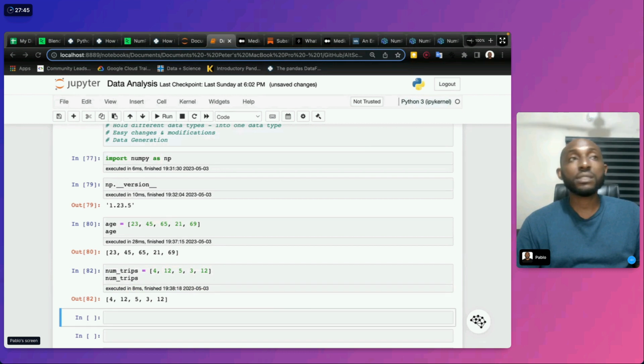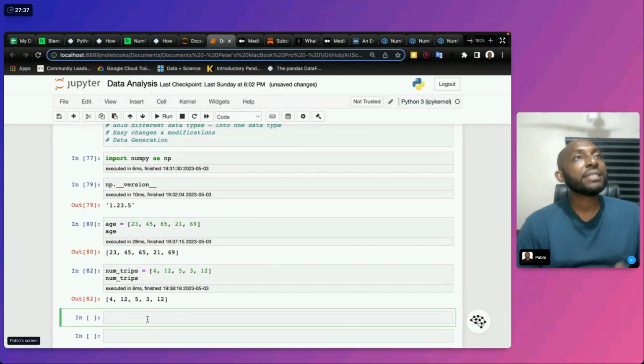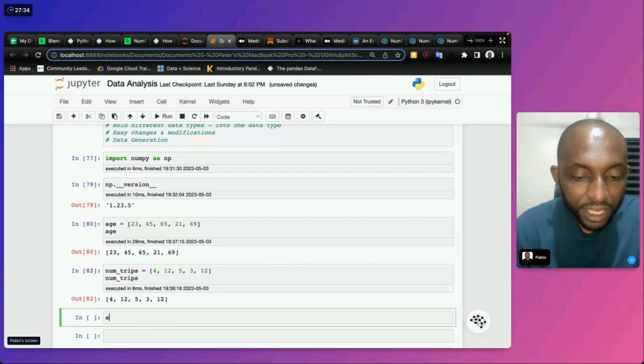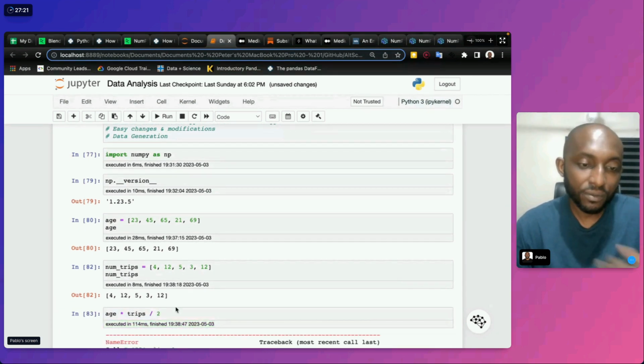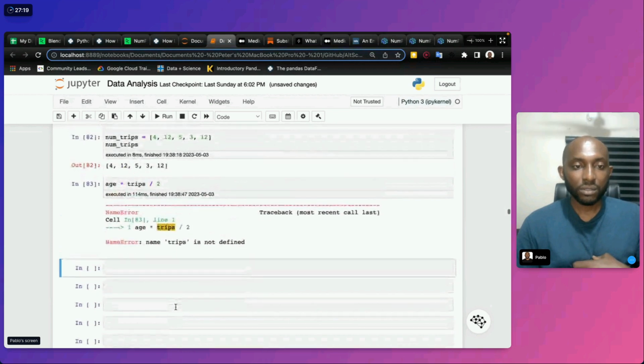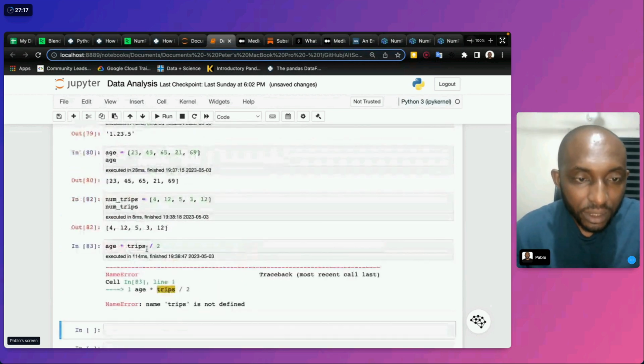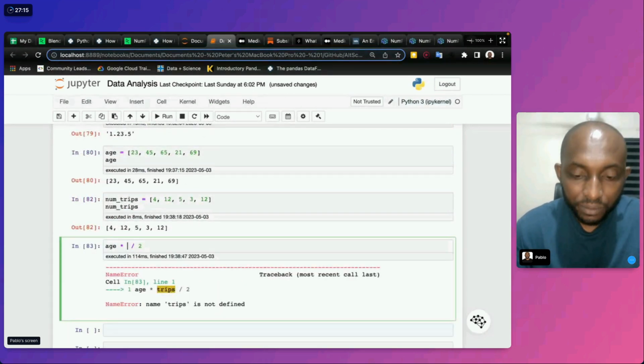Basically, we want to multiply age times the trips divided by 2. Oh, sorry, it's not like trips, sorry, num_trips.